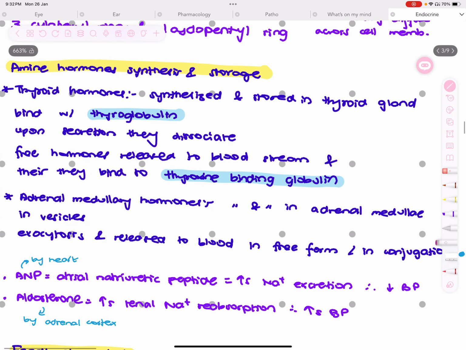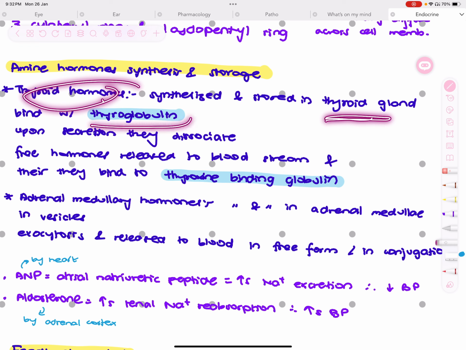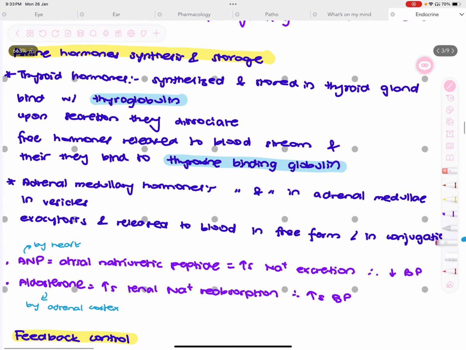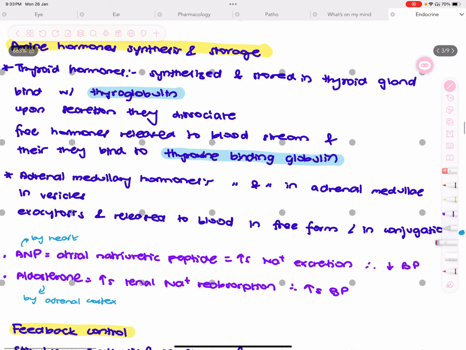Now, how are they synthesized and how are they stored? Now, their synthesis. They're made from amino acids. That's one thing that's synthesized then and there from amino acids. But thyroid hormones are stored in the thyroid gland, and they are never free. They have to have some binding force with them. So they have thyroglobulin, and upon secretion, when they're left to roam freely in the bloodstream, they bind to the thyroxine binding globulin. Now, medullary hormones, which are epinephrine and norepinephrine, are again produced in the adrenal medulla